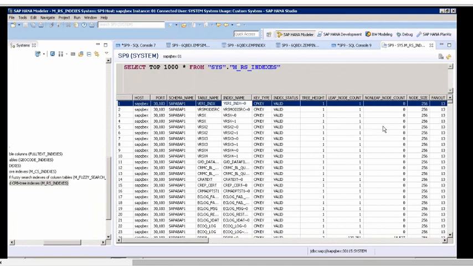So there will be some column which indicates whether it is B tree or CPB tree. I'll let you know exactly the table and column name tomorrow, but there is some system table which maintains that type of index.